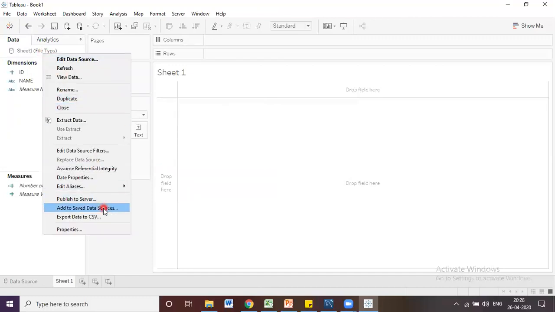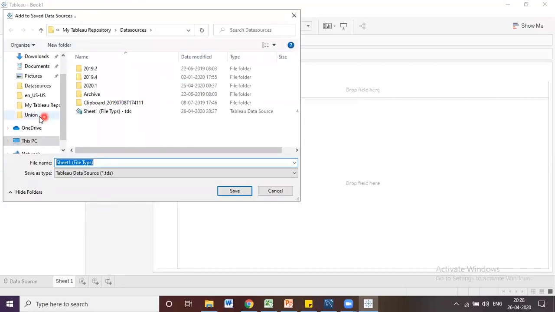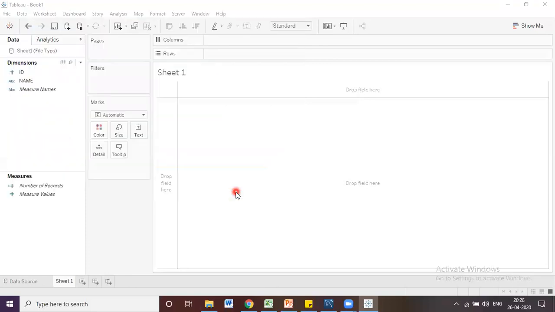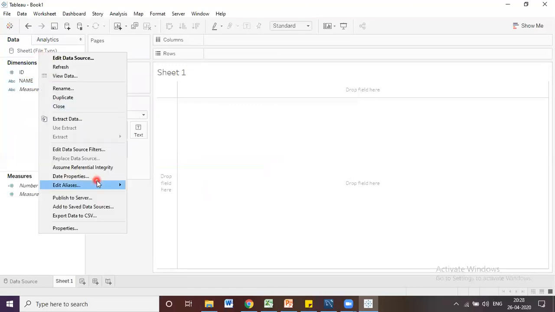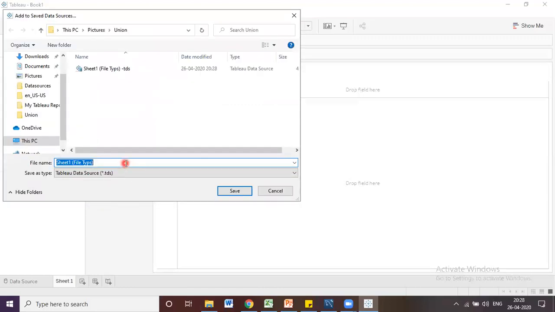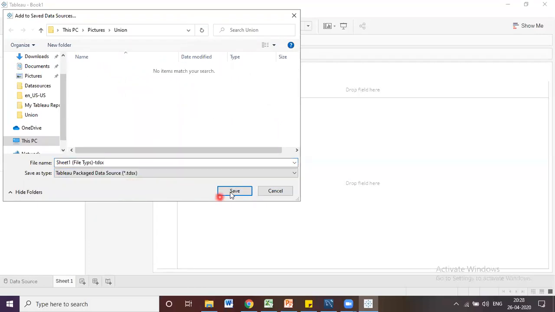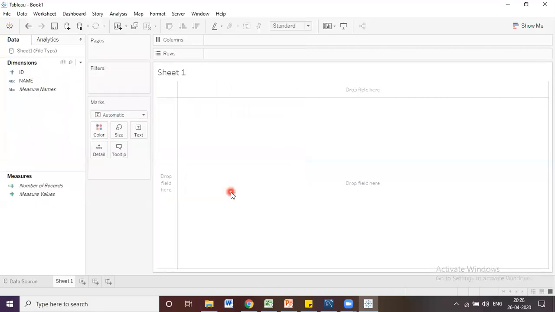Again I am going to save this one, now selecting another folder, union. Here I am going to save as TDS, and again I am going to save this file with a hyphen as TDSX, selecting the TDSX file format. Let's save this one. Now let's go to the workbook.